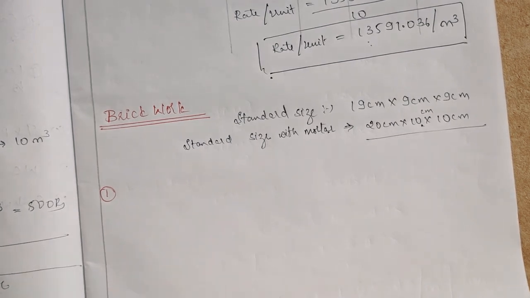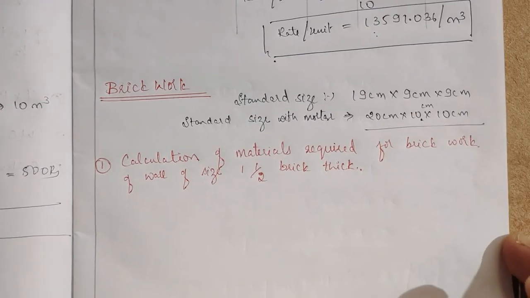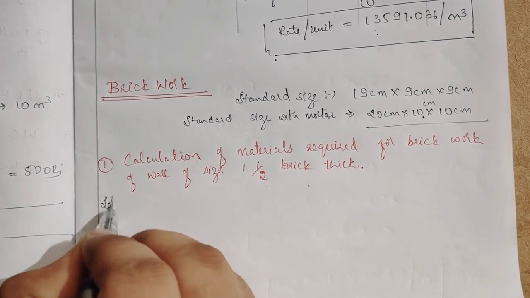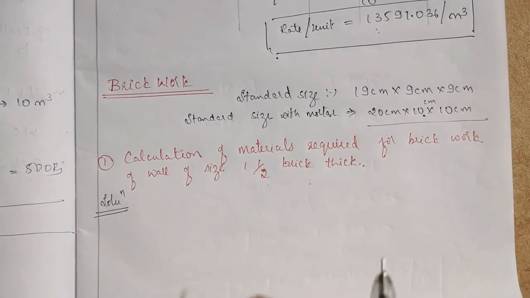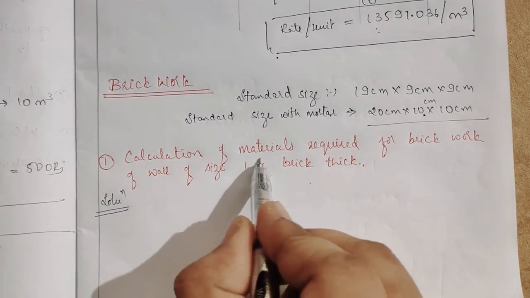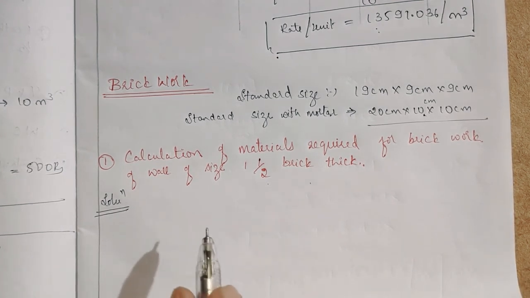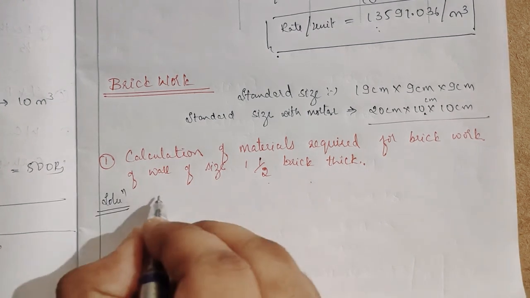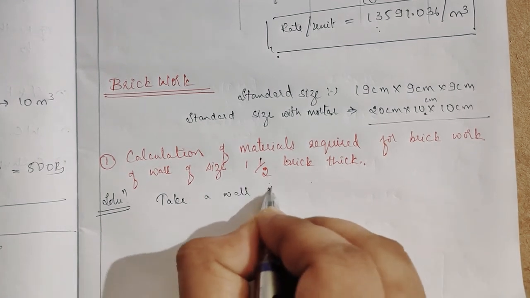Okay, we'll calculate. I'll write the question and I'll let you know. So, calculation of materials required for a brickwork of wall of size 1.5 brick thick. Here we have to find the materials required for 1.5 brick thick. Before that, we have to make some necessary calculations. So we are taking a wall of